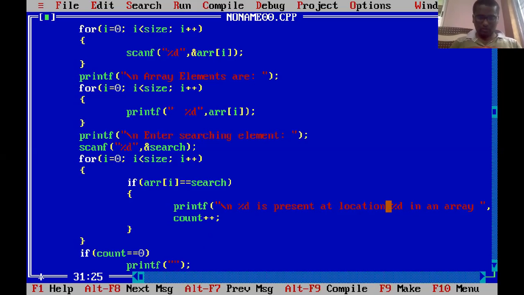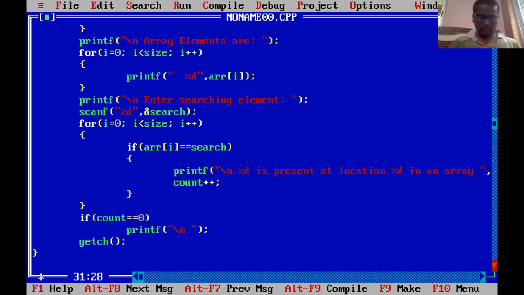And here I can write \n, then %d is not present in array, and that %d is nothing but the search element. Okay, and else, which means when the count is not equal to 0, if there's some different value rather than 0, I can print here with printf. Here I can write \n